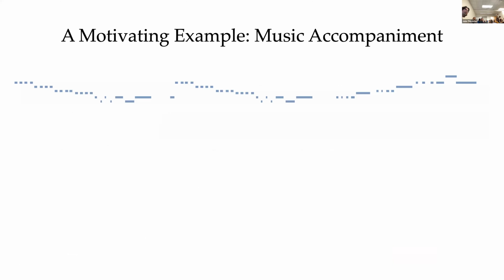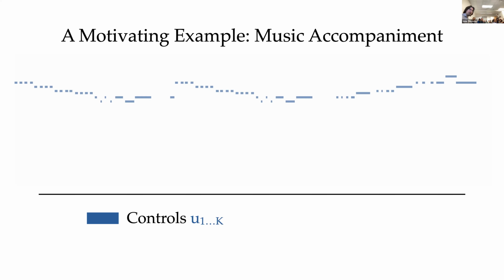Okay, so let's talk about this modeling idea called anticipation. And as a motivating example, I'll give you this example of music. So let's suppose that we have some musical melody that I'll illustrate visually as this sequence of blue dots that are intended to represent notes. The y-axis of these dots is going to be the pitch of the note, and then time is on the x-axis. And you can think of this as a visual rendition of a melody that's evolving over time. And I'll call this melody the controls. So these are going to be the inputs to my model.